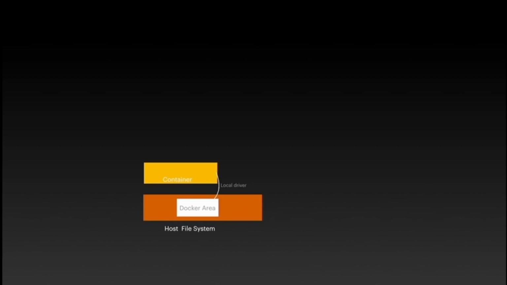So another approach can be using Docker volumes, where we ask Docker to allocate a storage area to us. The storage area can be allocated on the local machine if we are using the local driver. If we use a driver of AWS or GCP, the respective storage will be allotted to us. This storage area will be managed by Docker, and we can interact with it using the Docker volume subcommands.